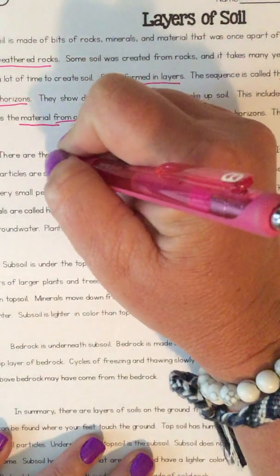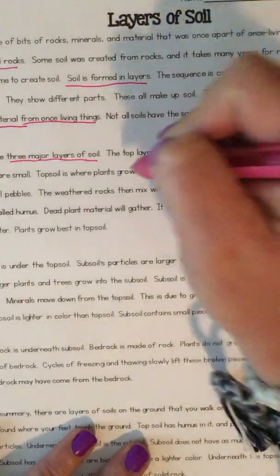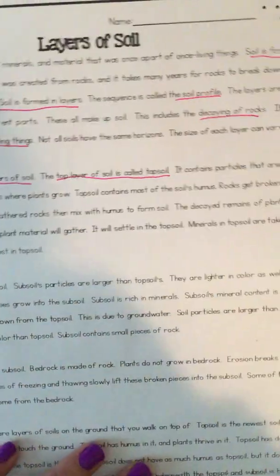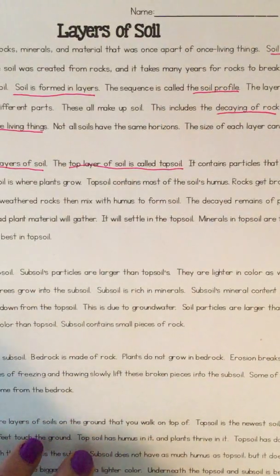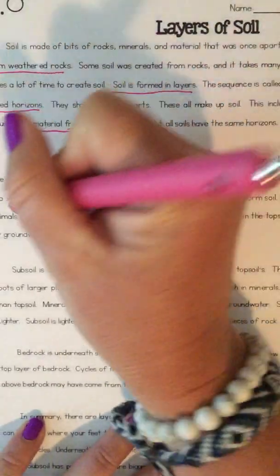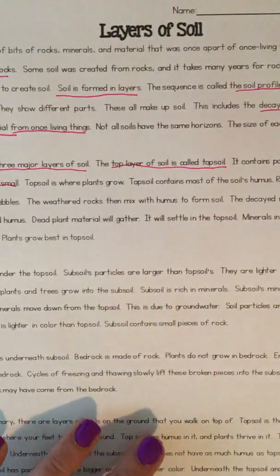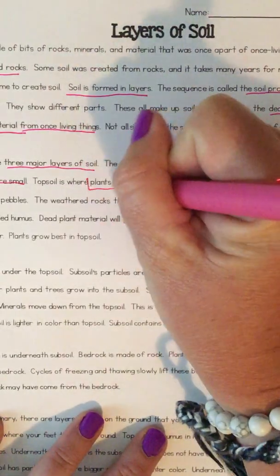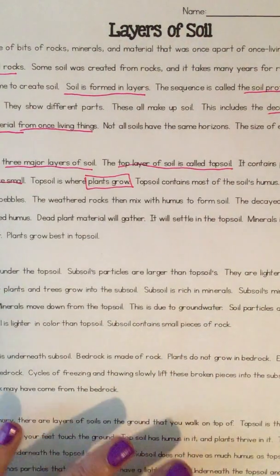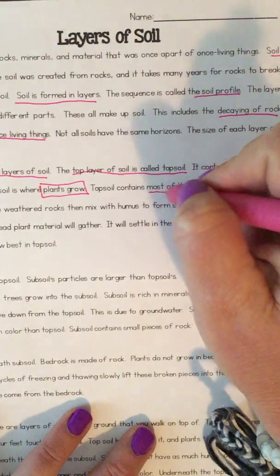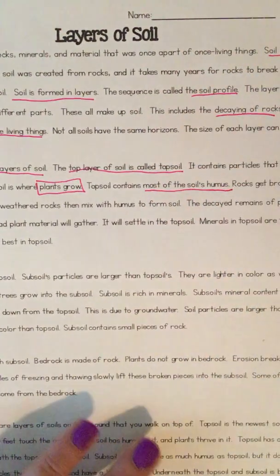There are 3 major parts of soil. The top layer of soil is called the topsoil, obviously. It contains particles that are dark. The particles are small. Topsoil is where plants grow. So this is obviously where we see our plants, our grass, our trees. Topsoil contains most of the soil's